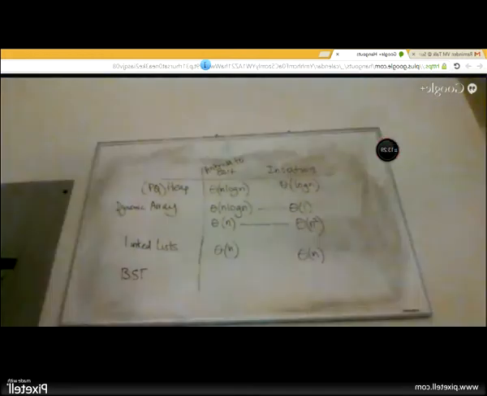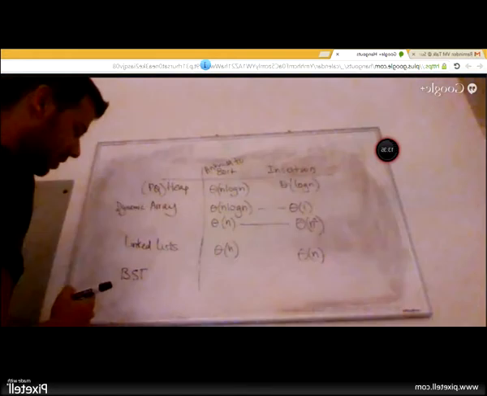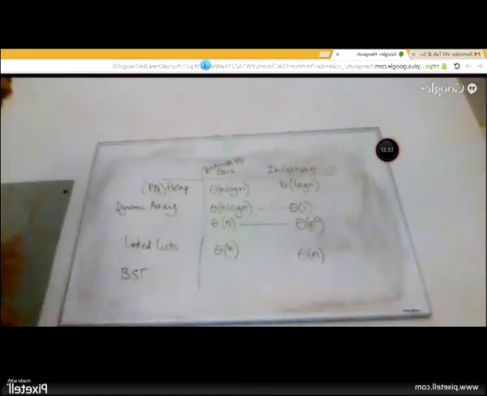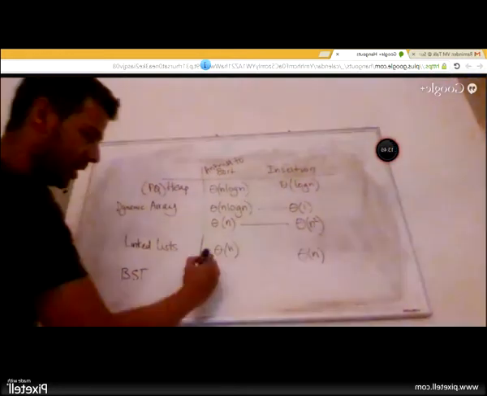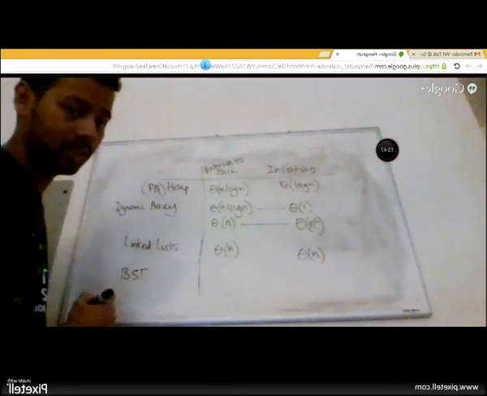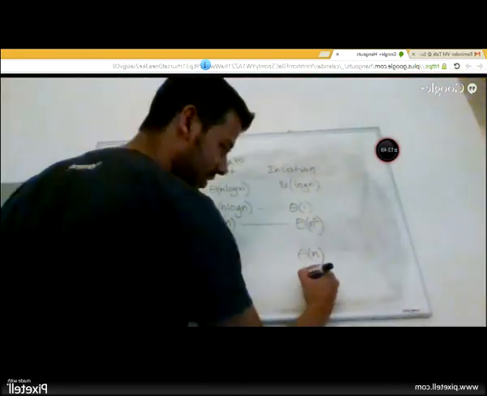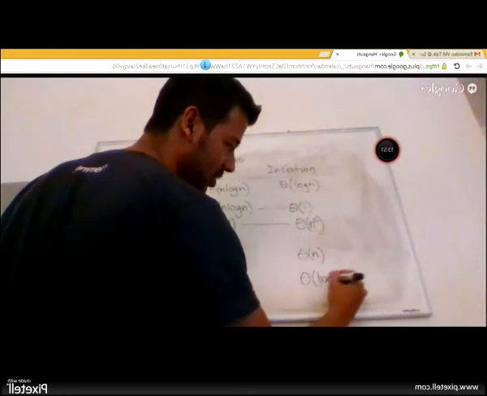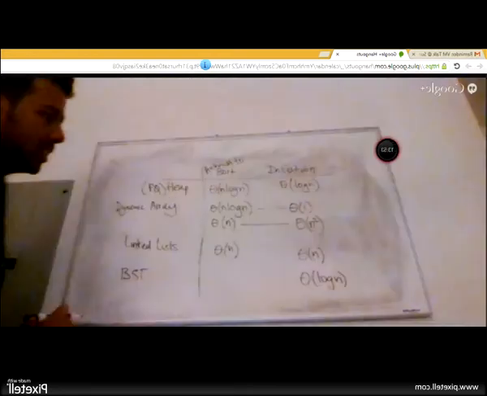What is the time complexity to insert and to answer this question? Now you are allowed to use BSTs. Insertion is log n, okay. And the sort answer?